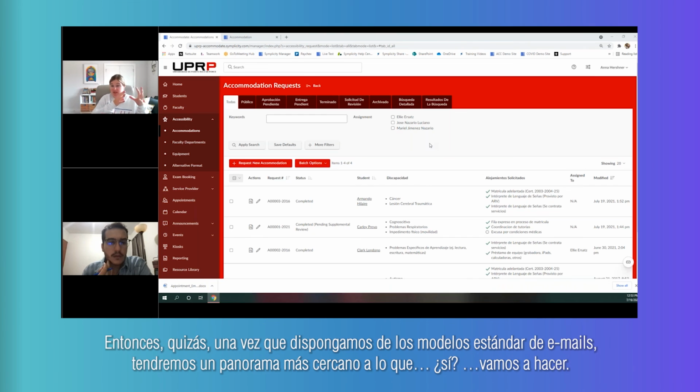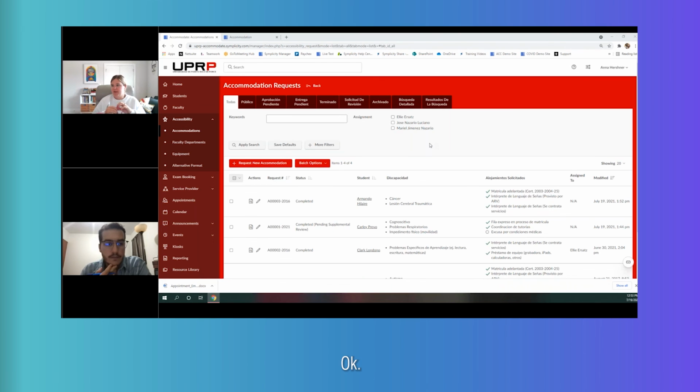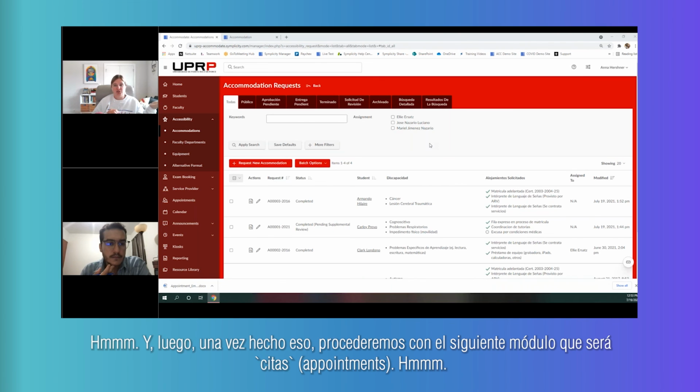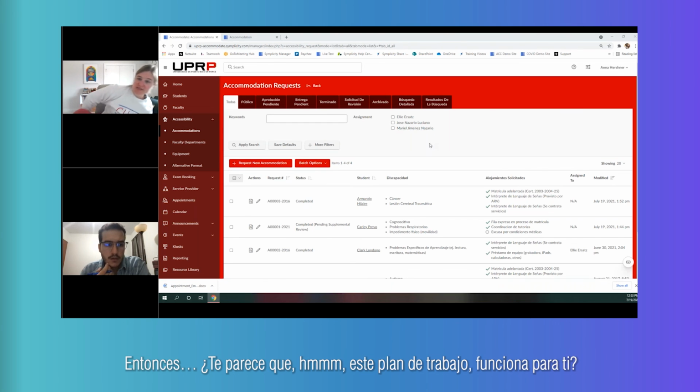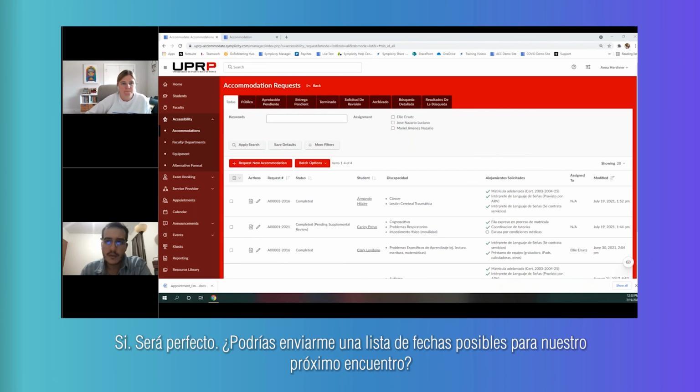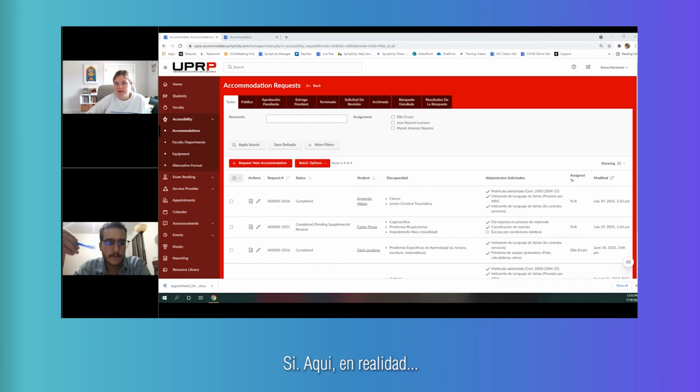Maybe once we have templates in the system, it'll be a little more like, okay, this is what we're going to do. After that, we'll move on to the next module, which will be appointments. Does that plan work for you? Yes, that will be perfect. Would you send me a list of options for our next meeting? Yeah, here, actually, let me